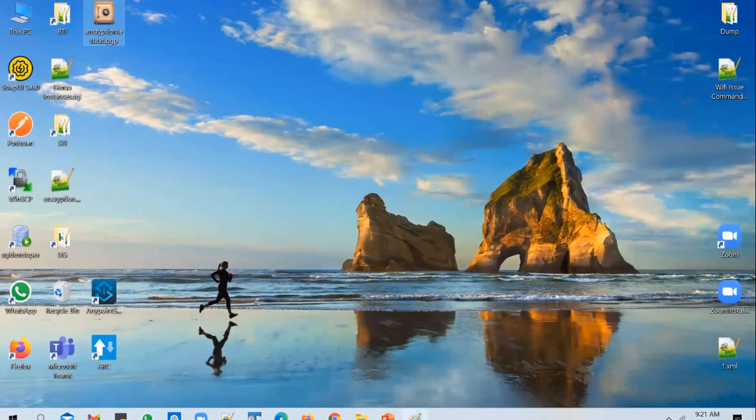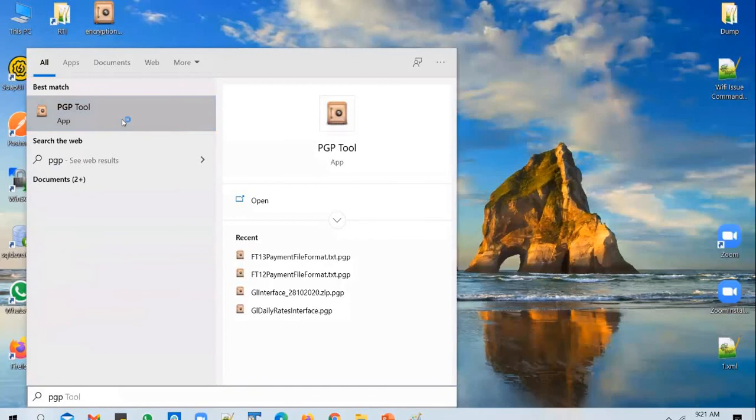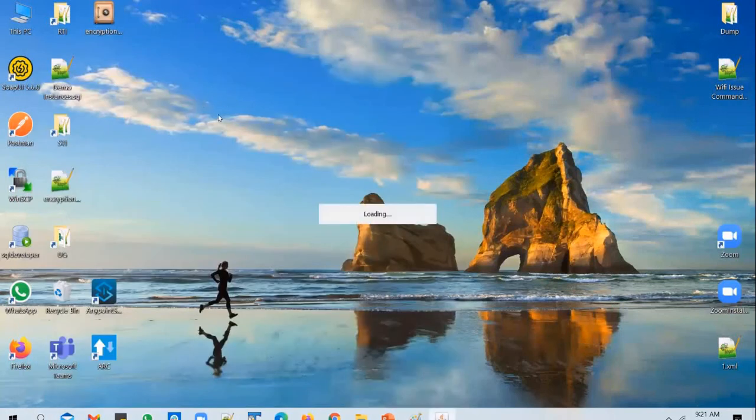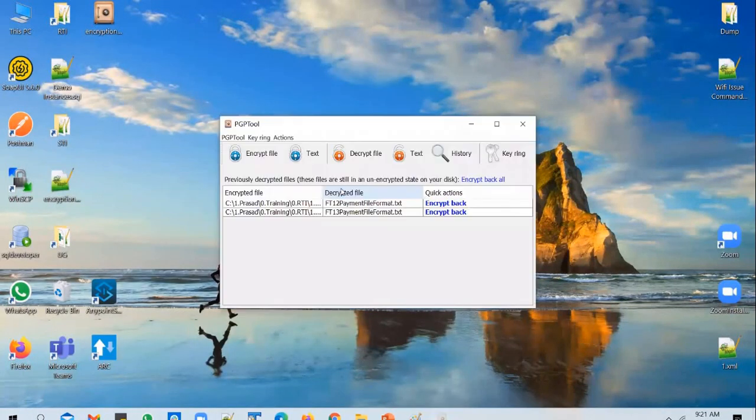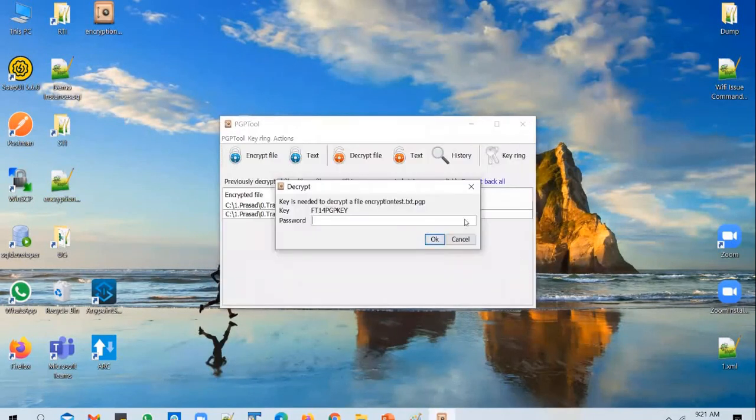And I go ahead and select the decryption key in HCM data loader or other options. And in this case, if I want to decrypt this, I'll use the same tool to show you how the decryption works. So if you select the decrypt a file option, go to desktop, and select the file that you want to decrypt, click on choose, you see that it automatically selects the key with which this file was encrypted, and it is asking you to enter the password.